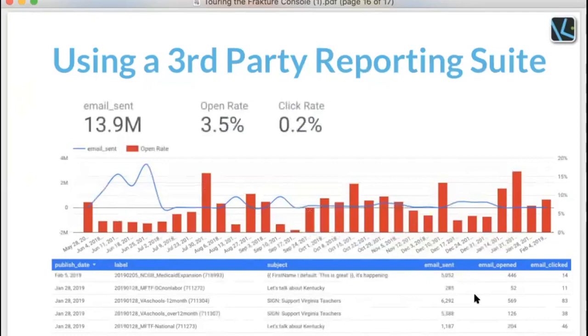I can chat offline a little bit more about some of our preferences on this. Frakture as a whole is fairly agnostic. We think that if you've got a warehouse, you've got the chops to use it, plug in 15 tools, right? So